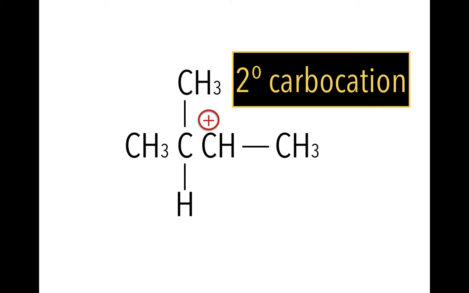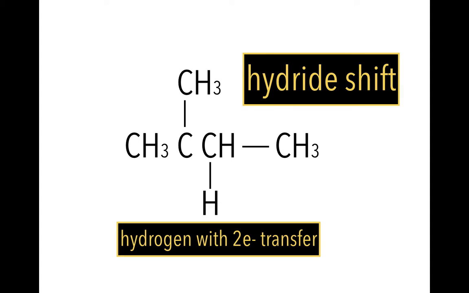So what you're going to notice here is you're going to see that the hydrogen on our third carbon is going to take its electrons and shift over to the second carbon. That's what you call a hydride shift. So the hydrogen and its electrons will move over, and that positive charge will then shift over to the third carbon. Okay, so our hydrogen with 2 electrons shifted,